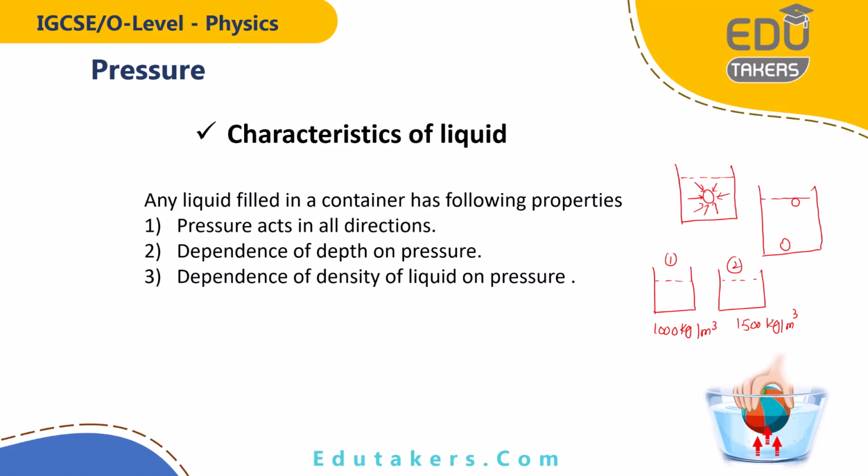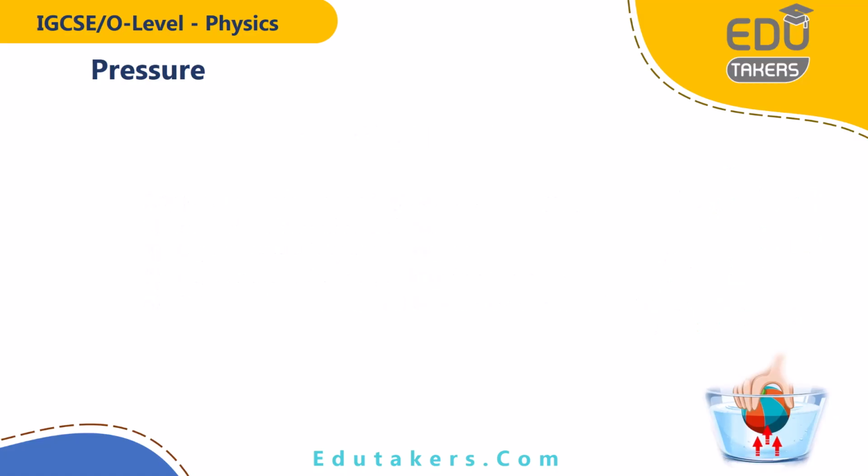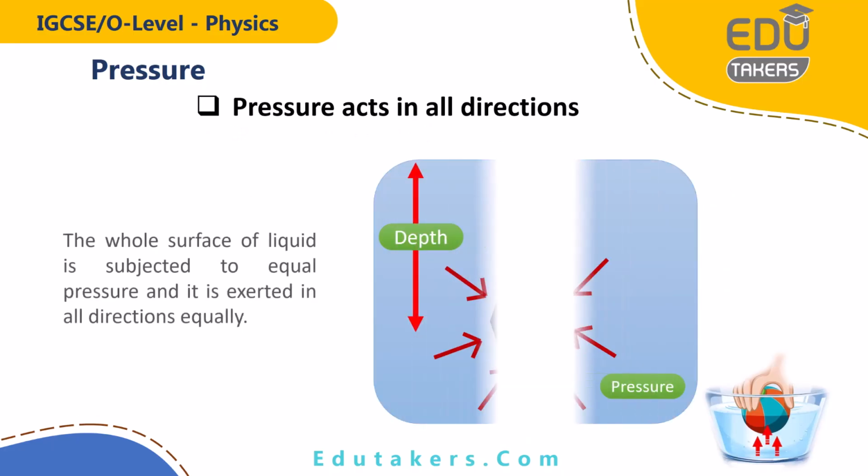So from here, first thing is that the pressure acts in all direction. The pressure depends upon the depth as well as the density of the liquid. The pressure does not depend upon the shape of the container. It doesn't matter what is the shape of the container, the pressure remains same. We will discuss all of these properties one by one. First of all,